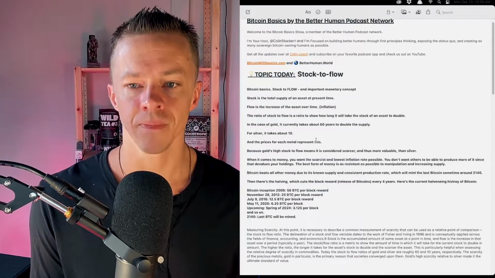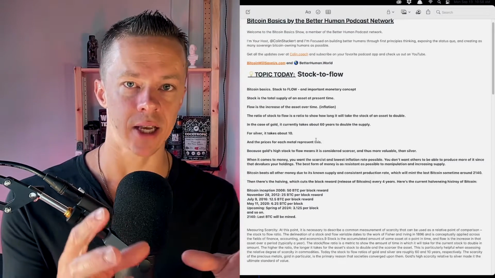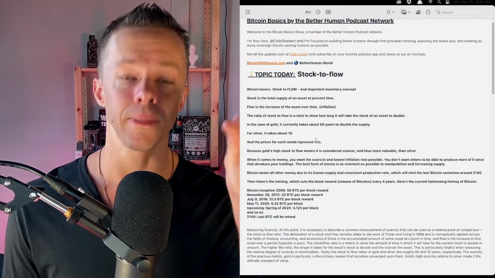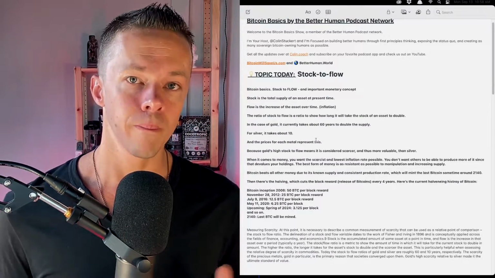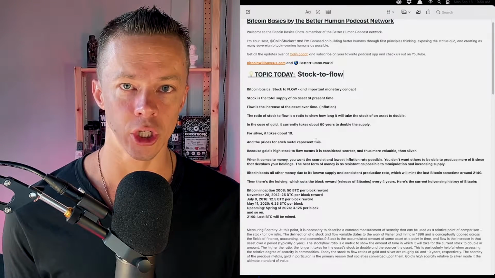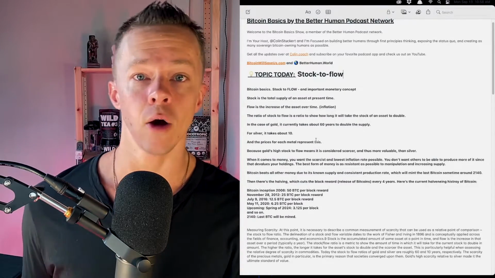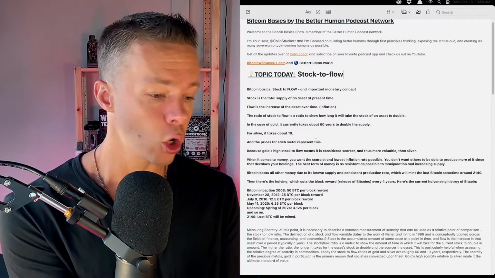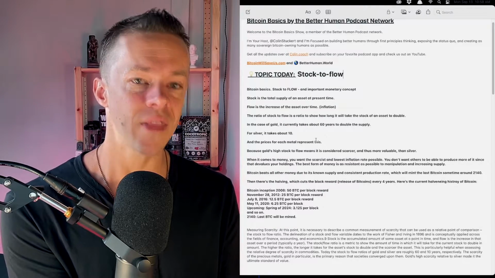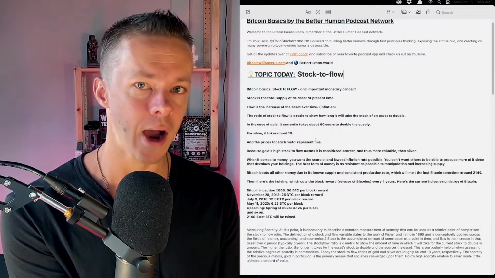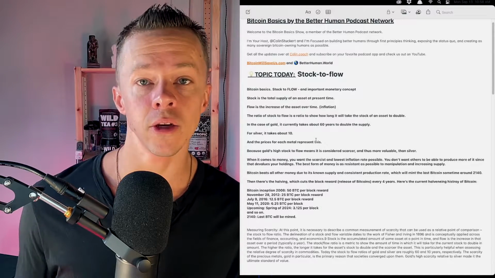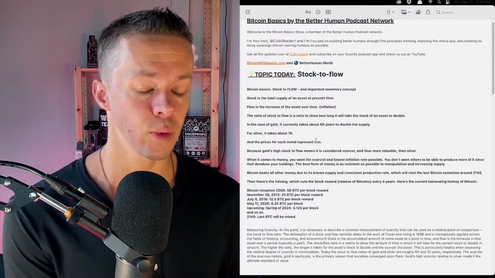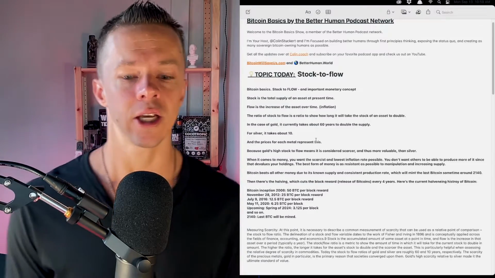So when it comes to money, you want the scarcest asset and the lowest inflation rate, because if you buy gold now with your financial energy, you convert dollars or you sell a house or you sell a cow and you have these gold coins or a gold bar, you want that to be worth as much now in 5 years, 10 years, 20 years. Ideally, it would even be a hedge against other inflationary things, but that's a topic for another day.